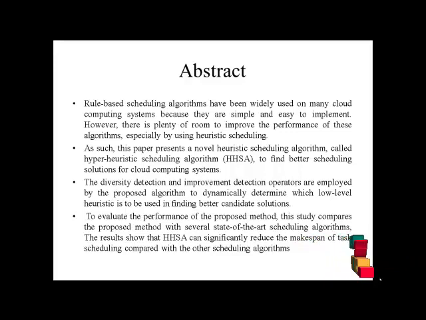As such, this paper presents a novel heuristic scheduling algorithm called the hyper-heuristic scheduling algorithm to find better scheduling solutions for cloud computing systems. The diversity reduction and improvement detection operators are employed by the proposed algorithm to dynamically determine which low-level heuristic is to be used to find better candidate solutions. To evaluate the performance of the proposed method, the study compares it with several state-of-the-art scheduling algorithms. The scheduling results show that the HHSA can significantly reduce the makespan of task scheduling compared with the other